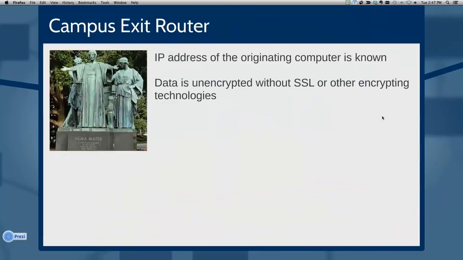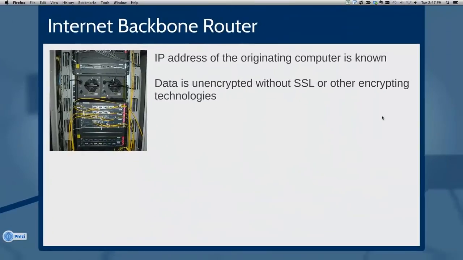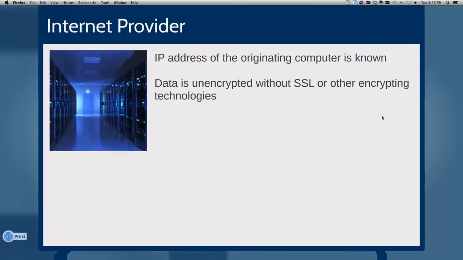From there, it goes to the campus exit router. Same information is passed along. Then it connects to the internet backbone router, which is basically a whole series of routers that connect the whole internet together. And then it connects to the internet provider for the website you are visiting. And again, all that information still is known, and the data is unencrypted if you're not using some sort of